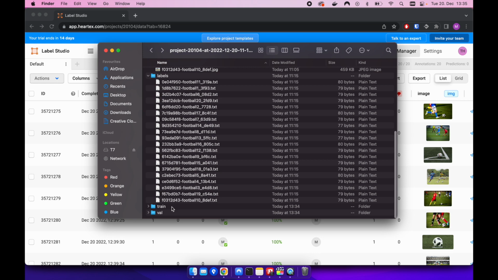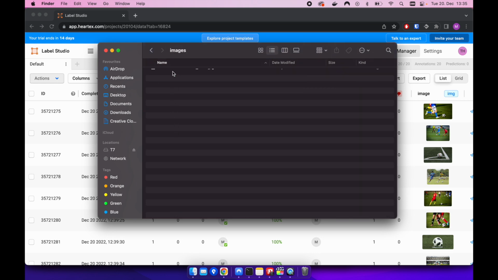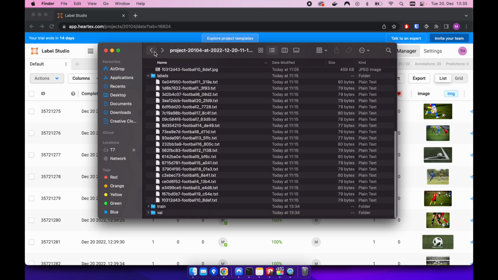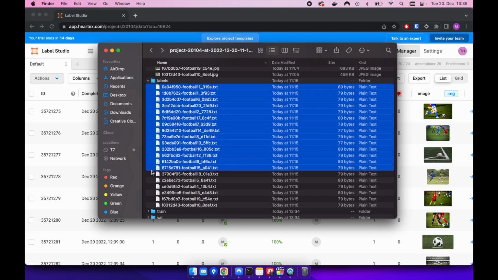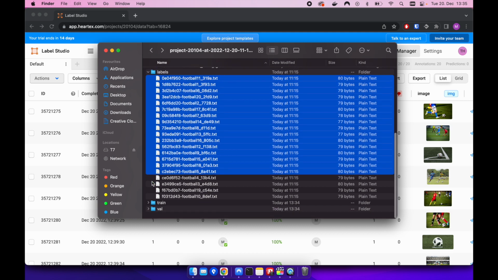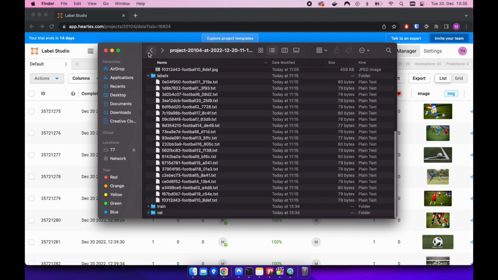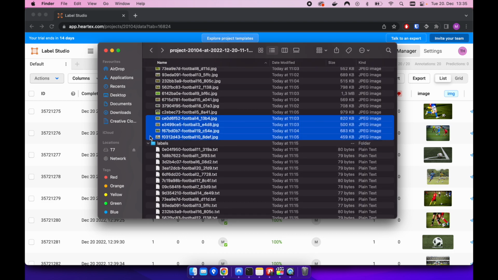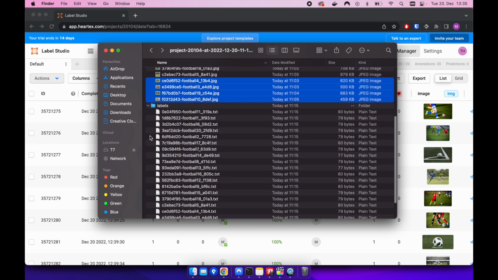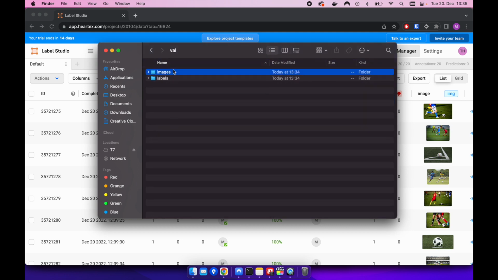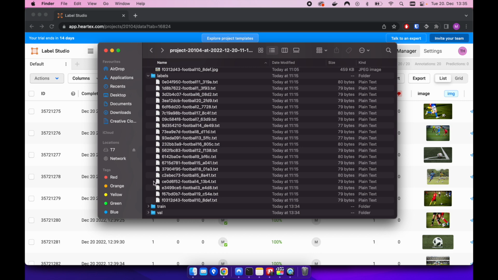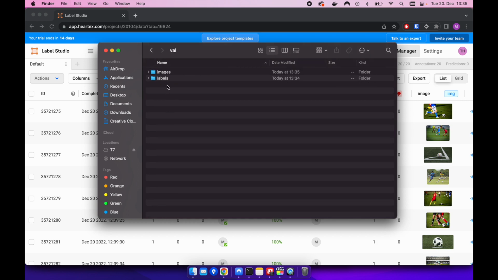Okay, I copy them, I go to the train images and insert them to the training folder. Now we will do the same with the labels. Go here, labels, and then we will take the remaining 4 and put them in the validation or val folder, so that we have already our dataset split up into 2 different